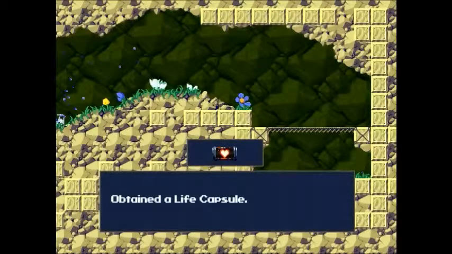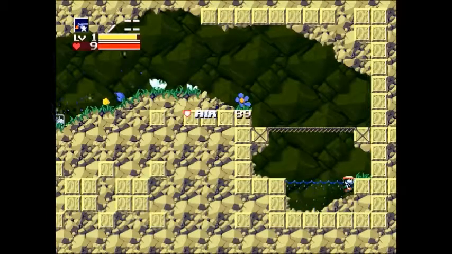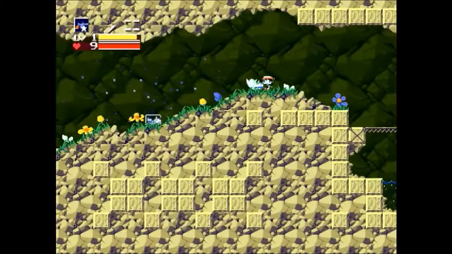Anyway, we got another life capsule. So now we're at 9. We're definitely getting somewhere. Yeah, it's kind of hard to platform in this area properly. But once you get the hang of it, just hold down the A button to jump higher, you know. Anyway,